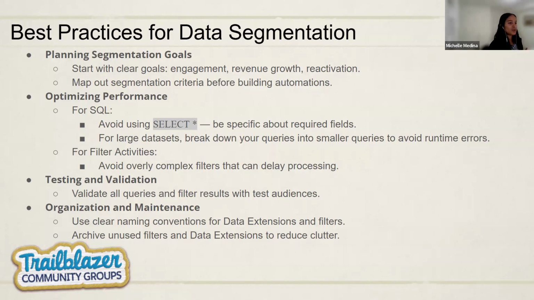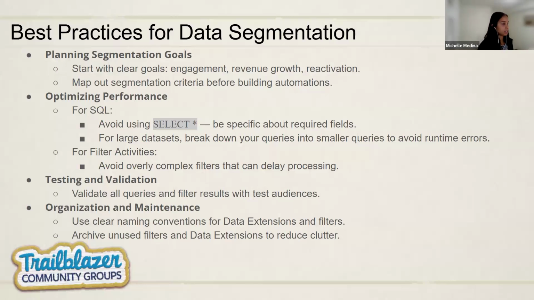And then for large data sets, you will have to break your queries down into smaller queries to avoid those runtime errors. Again, the more complex, the larger the data sets, you may need to start breaking those queries down. And you'll notice that even, let's say, your query works in Query Studio, sometimes when you start building it in Automation Studio, you want to run it once just to check if it was a successful run. Sometimes it won't succeed, or it would succeed and return no results. Sometimes if it's too large of a data set, it won't output any of the results. So again, any large queries, break those down into smaller queries step by step, use those intermediate tables to get